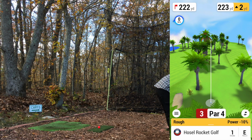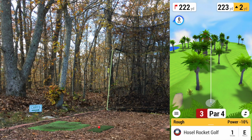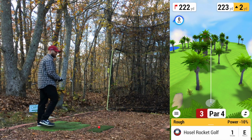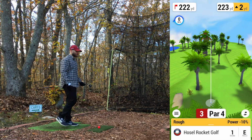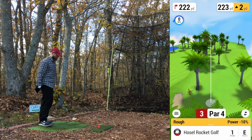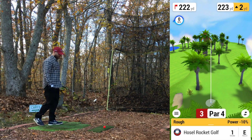222. So, I'm gonna blast 4 hybrid through here. Very high likelihood of catching one or multiple of these trees and not even getting out of these trees, but 222 plus the 10% shortage in the rough should put us right around 245. If I hit this 4 hybrid good, and we get lucky somehow with the trees, it'll get there, but